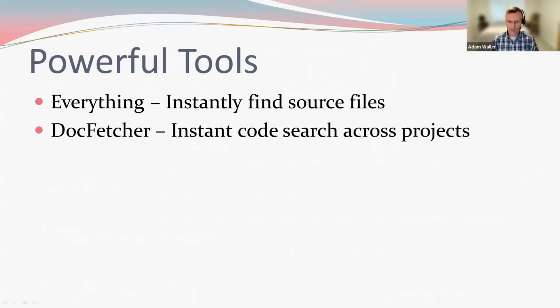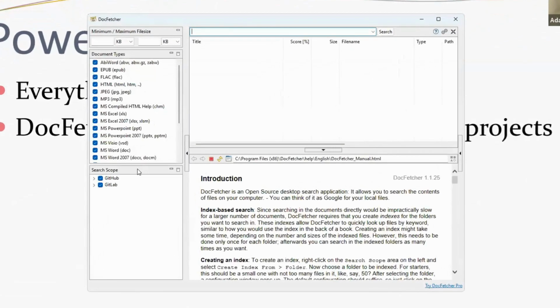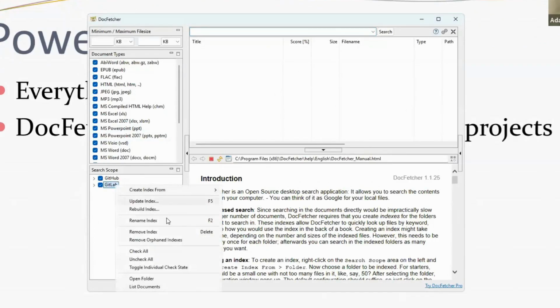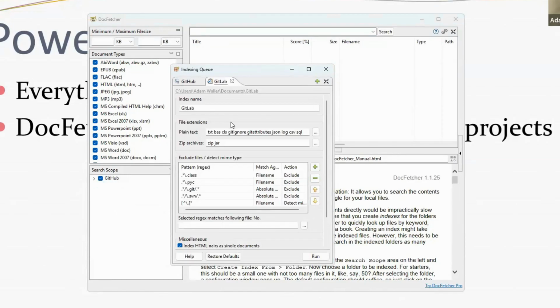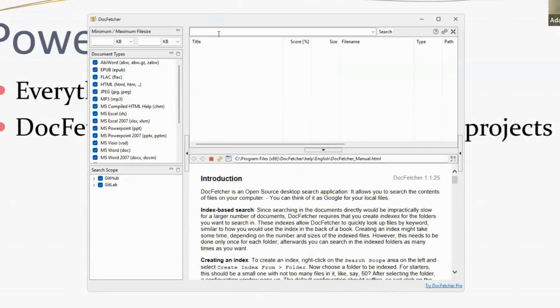So I just love the ability to be able to find things very quickly using Everything as a tool there. Another helpful one is called Doc Fetcher. Because you've got all of your objects exported as individual files, Everything works really nice to find those files that you're needing. But if you're actually looking for some code within a file, then that's where Doc Fetcher comes in. This is a free program as well. What you do is you just basically build a search scope, and you put in all of the file extensions for the types of files, like your .bas and .cls and .sql and all that kind of stuff. And then from that point, you can just come up here